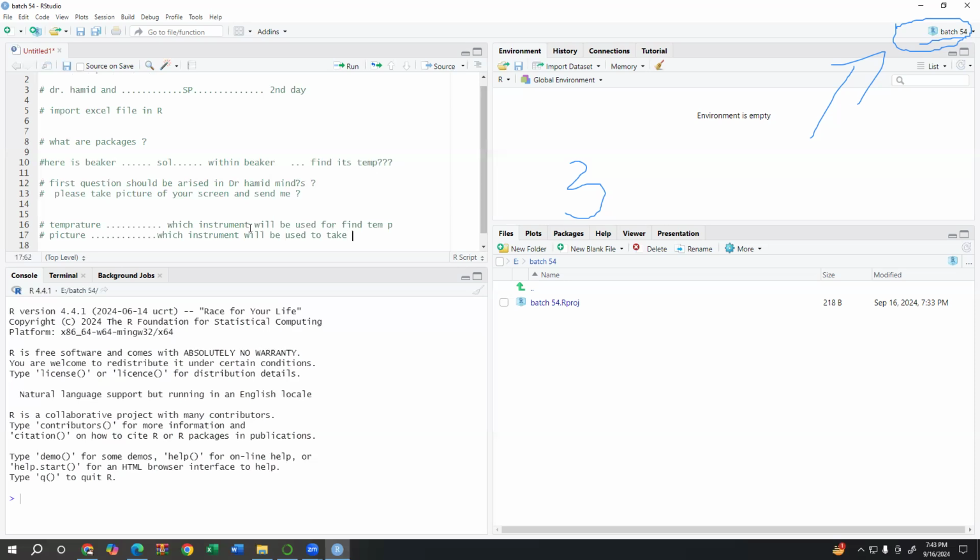To take picture. No. Third question: find iron or zinc concentration in the sample. Similarly, which instrument will be used to find iron or zinc concentration in the sample? So in brief, in our daily life,